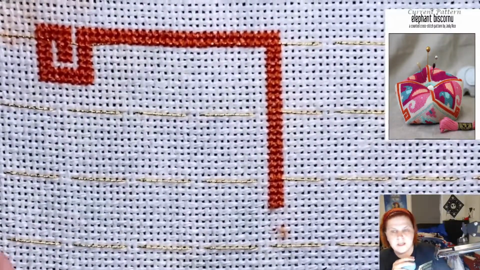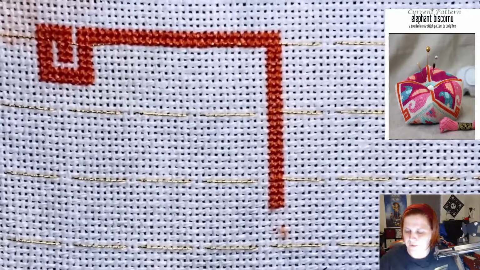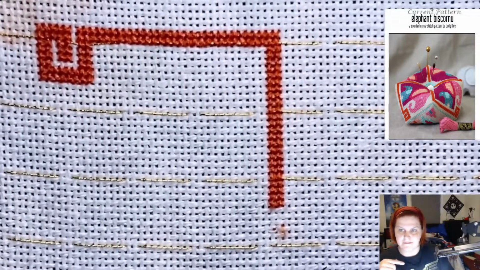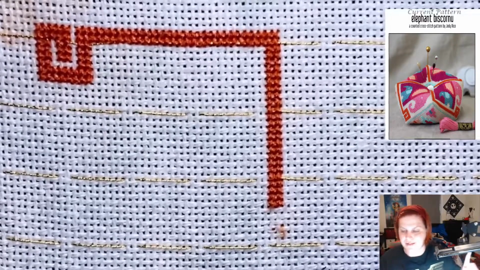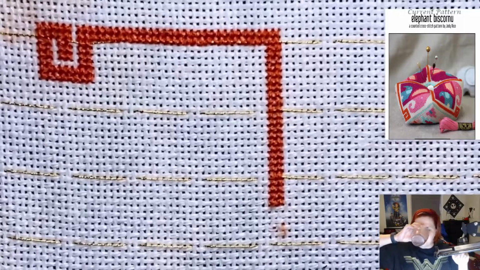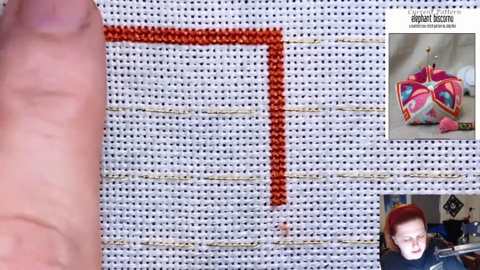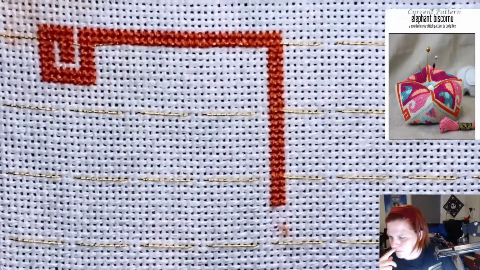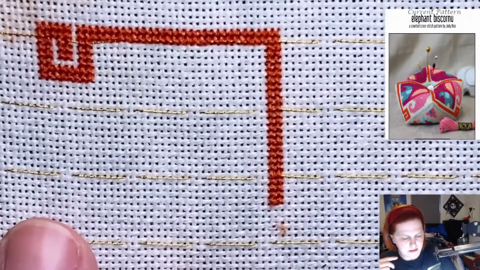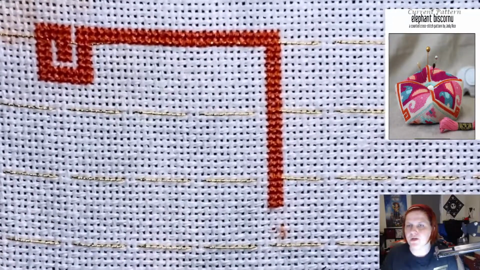So for this round, I've done 145 stitches. If you count what I took out, I've done 215. But this is the start of the bisque cornu, and yeah, so this is going to be the end of me.